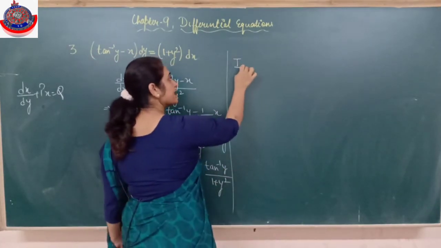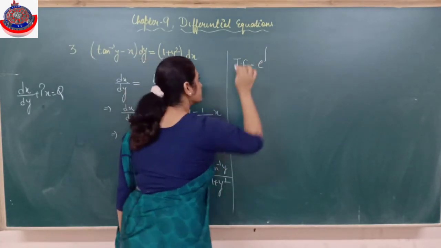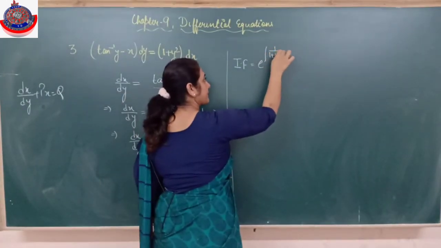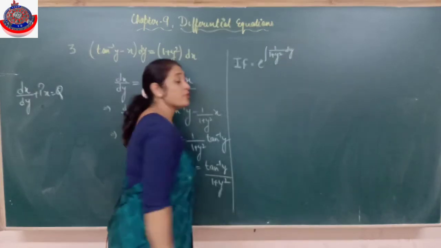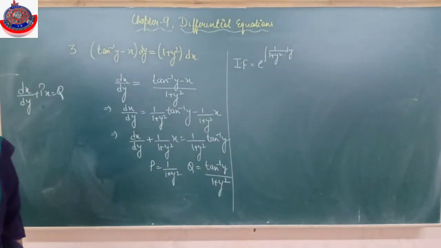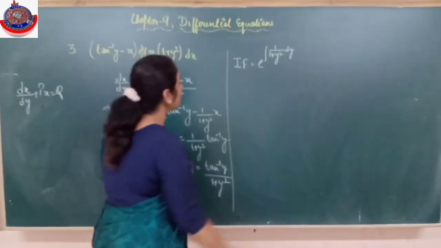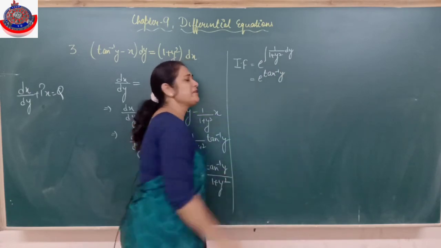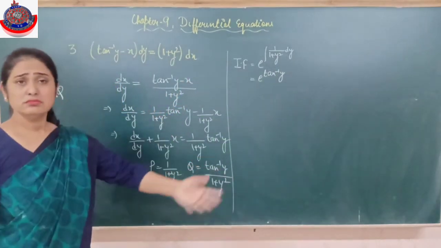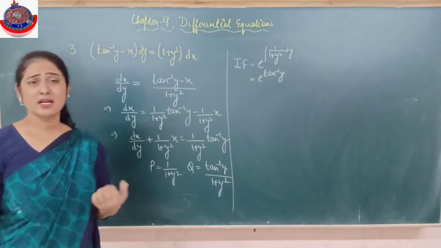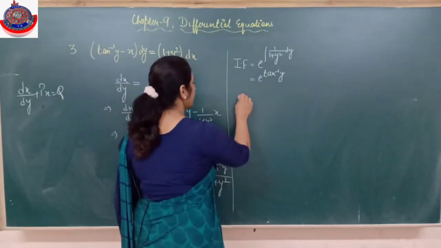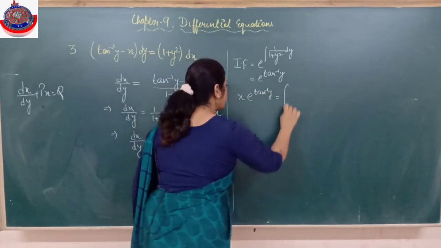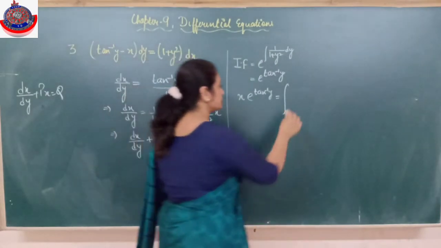We find the integrating factor. P, what is p? Which form is it? E raised to power integration of 1 upon x square plus a square. Remember? So that is tan inverse. See, same things again and again, girls. It's coming. Same thing. So learn it. By now that should be learned by heart. Solution: x into integrating factor, integration of q